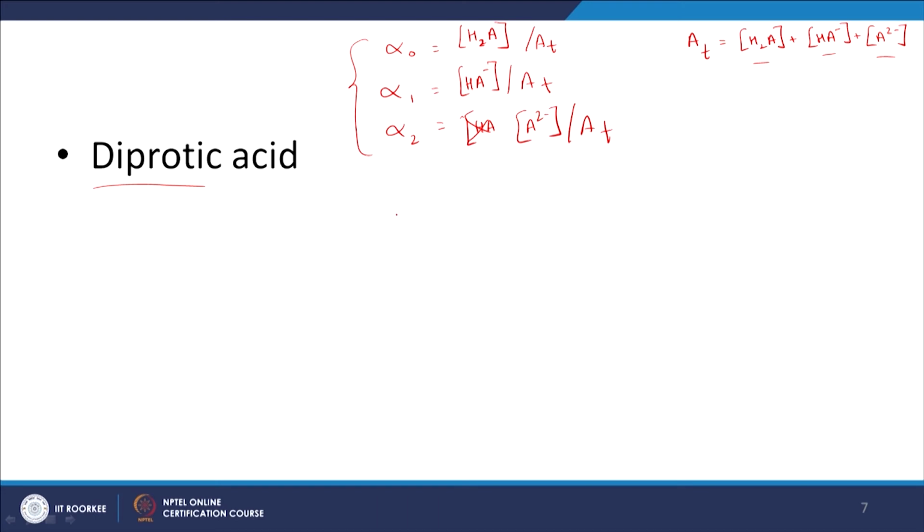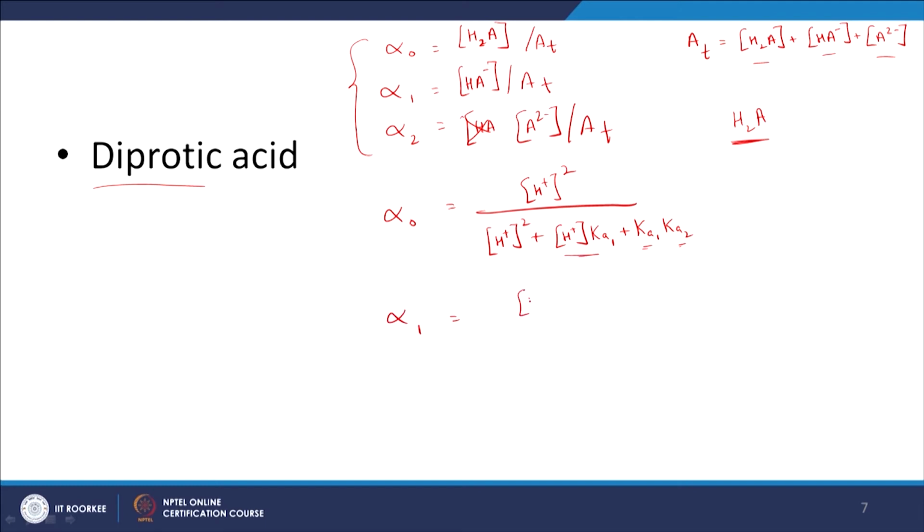Let us see if I can get that right here. So, alpha naught is going to be equal to, first I am going to write the denominator here. It is going to be H plus squared plus the concentration of H plus times the first acid dissociation constant Ka1, plus the product of Ka1 and Ka2. Ka1 and Ka2 are the 2 acid dissociation constants for your diprotic acid, and the numerator is then going to be H plus squared. Similarly, alpha 1 is going to be H plus times Ka1 by the same denominator, which is H plus squared plus H plus times Ka1